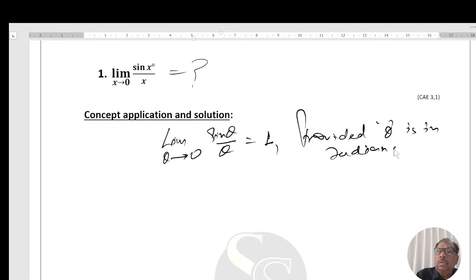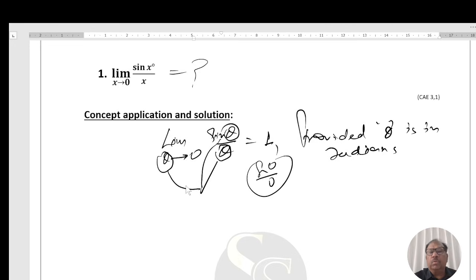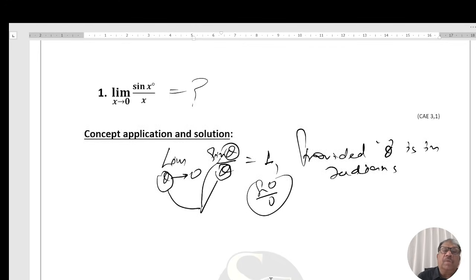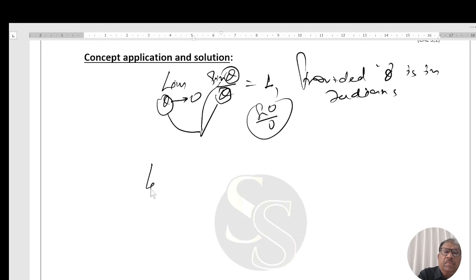radians. To apply this formula, we should get sin 0 upon 0, and this and this should be same, and this tends to be 0. Then we can apply the formula sin theta upon theta equal to 1. All matching should be there, right? Now in this case, this is degree. So limit x tends to 0